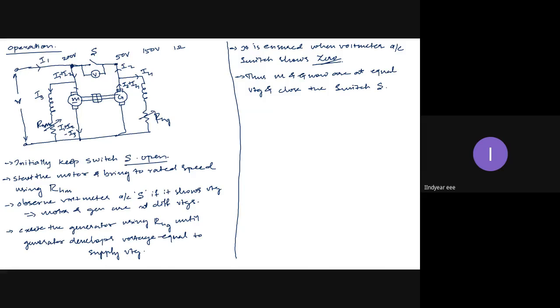If the voltmeter shows non-zero, and if you close the switches, then that potential difference will exist in this loop. Okay, it will exist in this loop, and it will make the circulating current IC. If the potential difference is very large, IC will be very large, which may go to damage the windings. Okay. Now, if IC is very small, say it will not damage the windings, the potential difference is very less,